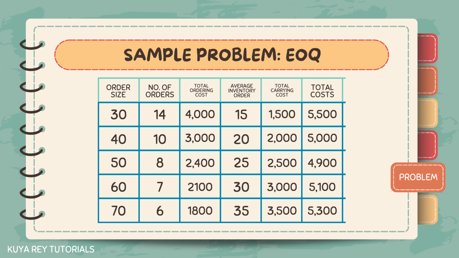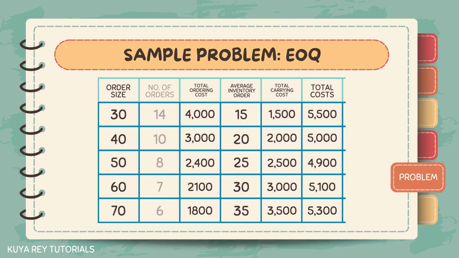Let's explore EOQ further with this table. First, for this illustration, we will round up the 49 sacks to 50 sacks. Now, let's compare the different order sizes and see if ordering 50 sacks is the most optimal number of units. In the first column, we see the different order sizes. In the next column, we see the number of orders we need to make in a year for every order